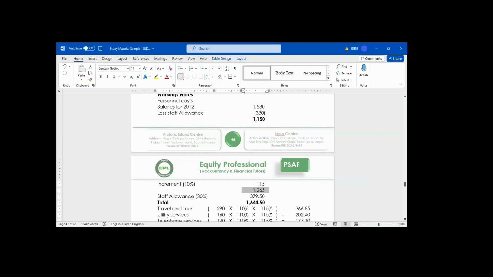So the 30% of 1,265,000,000, how much? 379.5. So when you add it,